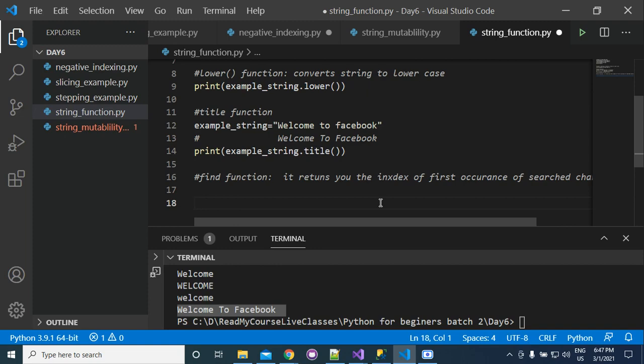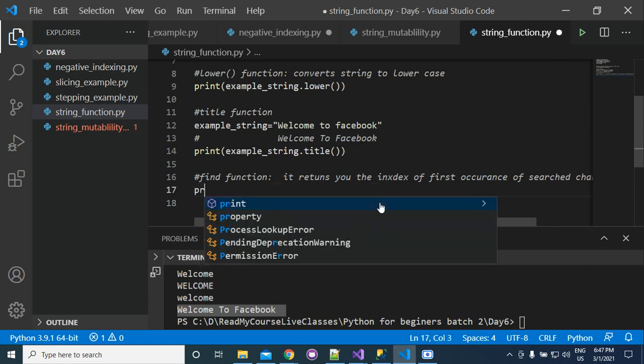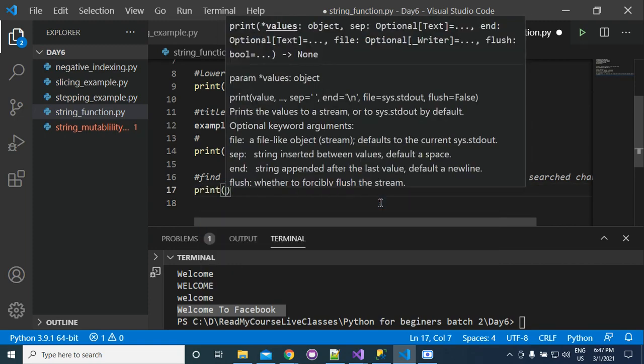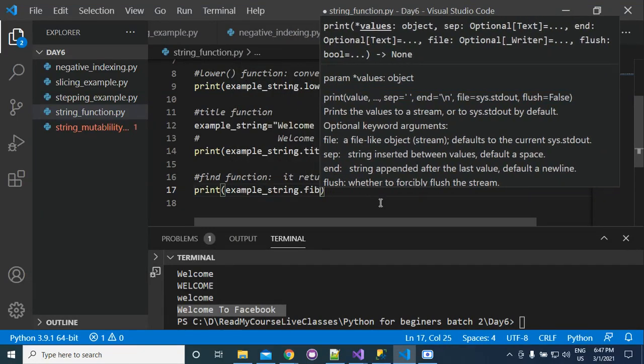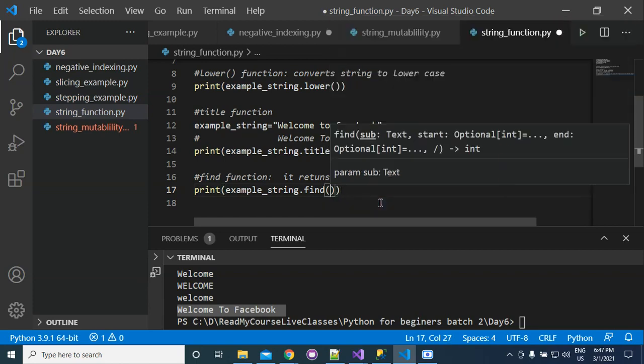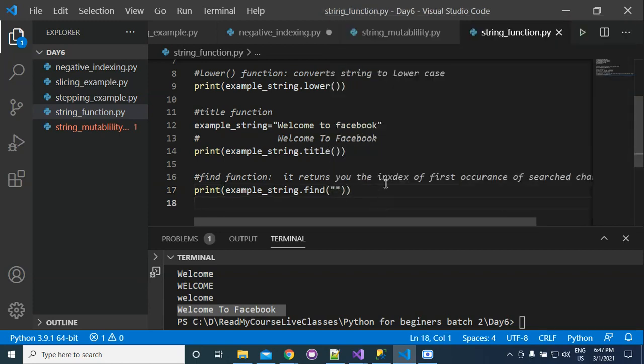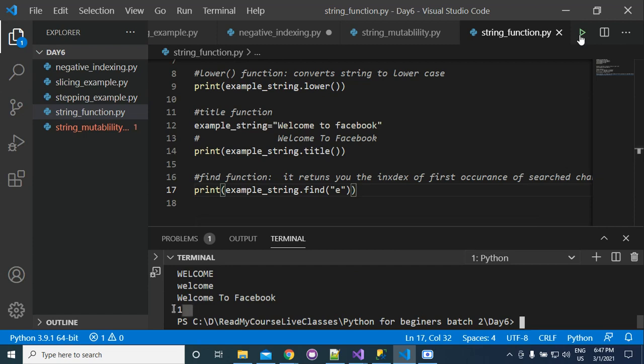Means if you write here print example string dot find, suppose that we want to search whether e is present in this sequence or not. If you write that, it returns 1.